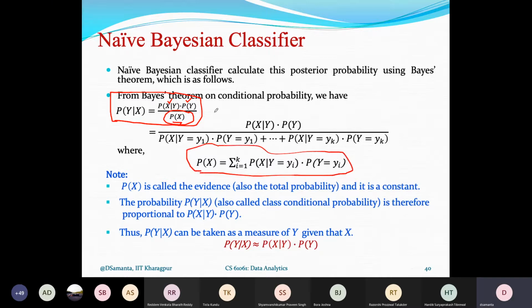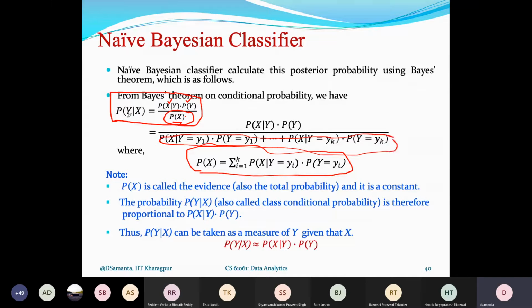Now, for a given training data set, for any record, there is a probability. Suppose there are 100 records, and there may be a high number of classes, and it is balanced, of course. If it is balanced, then this P(x) can be considered a constant for any x, which equals 5 by 100 or 0.05. So usually this denominator term, that is the total probability, can be considered a constant.